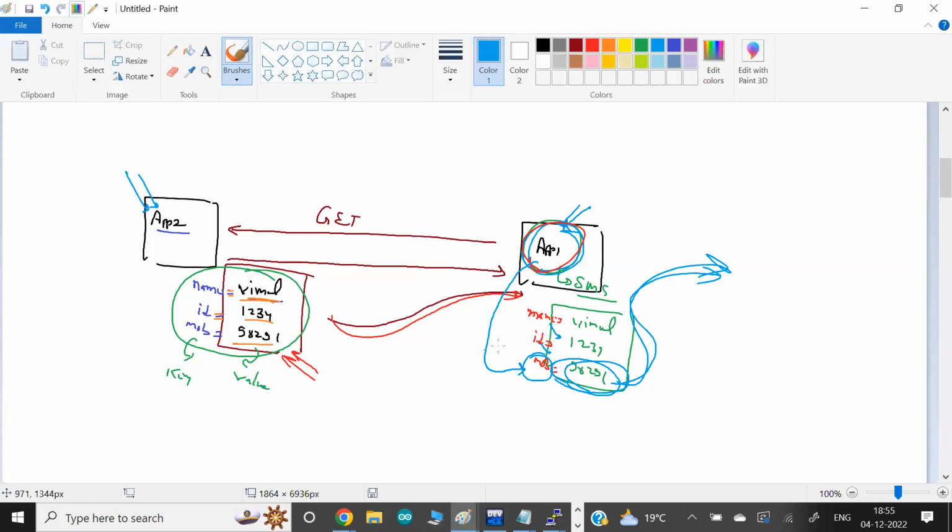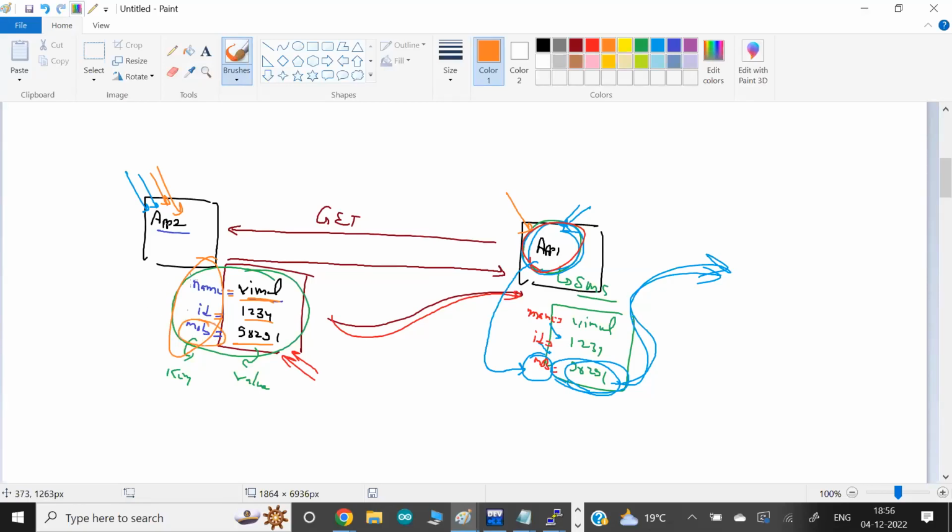But how do they know which key to use? Because before this, they will sync. Both apps are mostly created by you guys, or maybe one app is created by another company, which posts in the documentation the keys it uses. If you want to retrieve the mobile number, use this key.